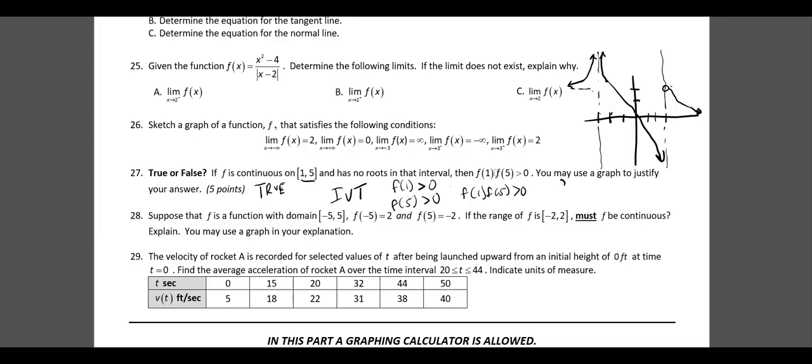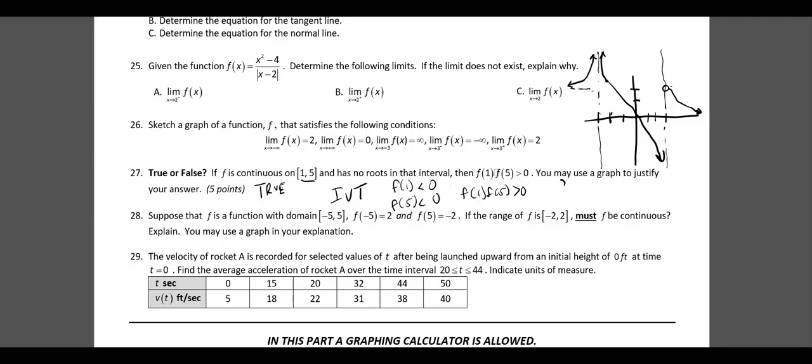If f of 1 is negative and f of 5 is also negative, then f of 1 times f of 5 is also positive. So it's two examples, because it says it has no roots,